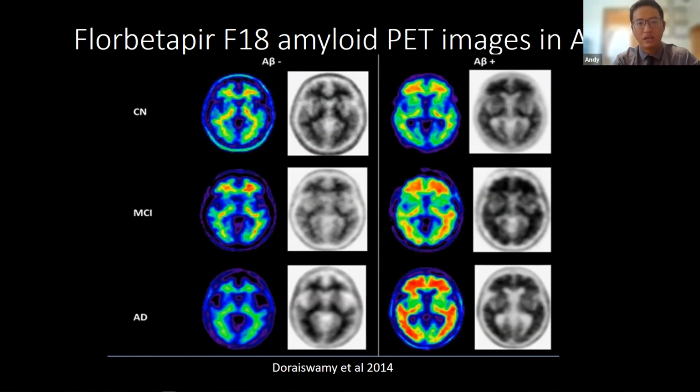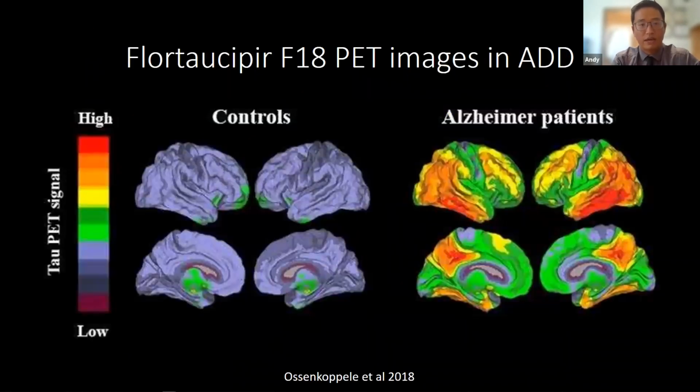That's the implication. And then the plan going forward, as we had talked about before. This also applies to the flortaucipir, which was the new kid on the block too. This tracer was just approved by the FDA last year and is used to determine the accumulation of phosphorylated tau in Alzheimer's disease patients.